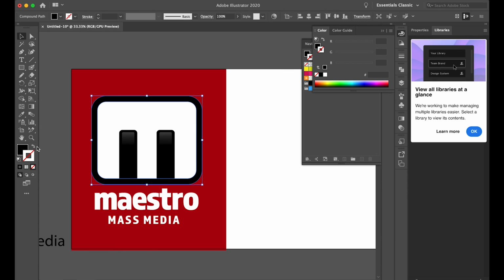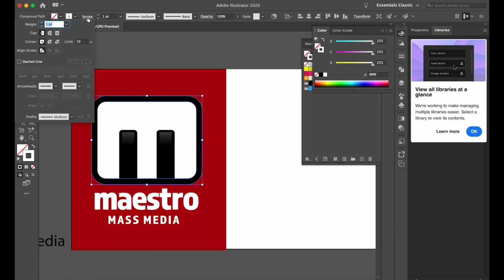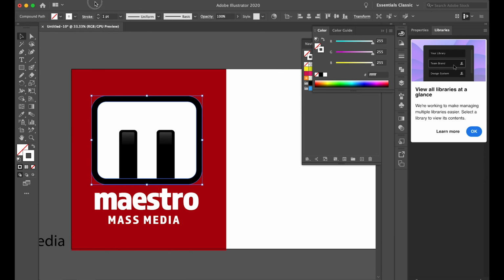But I'm gonna remove the stroke anyway, make sure it's sent to the very back, and I'm just gonna add a stroke, but this time I'm gonna make it white. And I'm gonna make sure that this stroke is here. So now, voila. And now the logo is